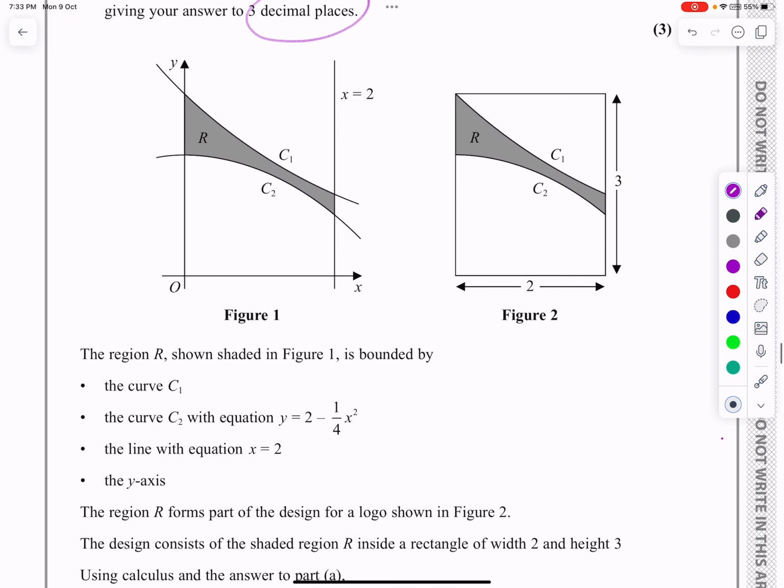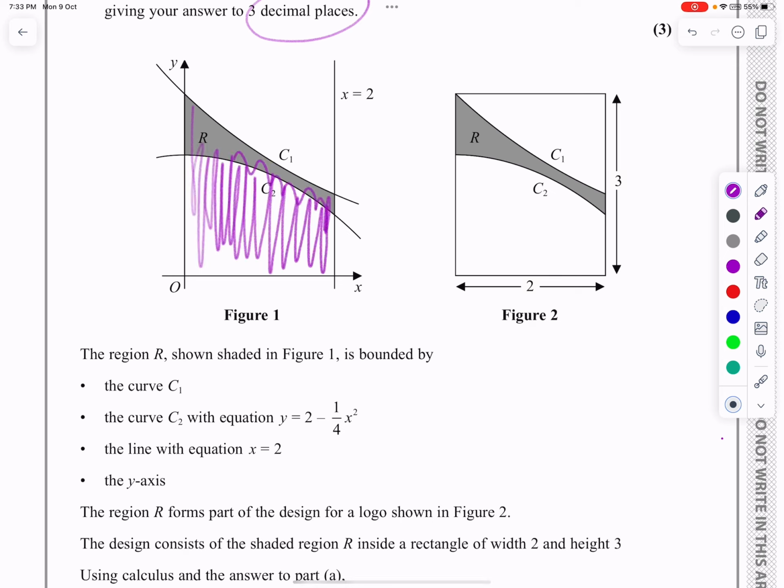Now, this second part's quite interesting. We just need to look at it. It's an unusual one. And it says the region R shown in the figure, yeah, I can see that, is bounded by the curve C1, which we've already got. So what we've just found is the area under C1 there. We've got that already. That's my approximation. And what they now want us to do is to try and work out R. Well, R is going to be that shaded area that I've just done,